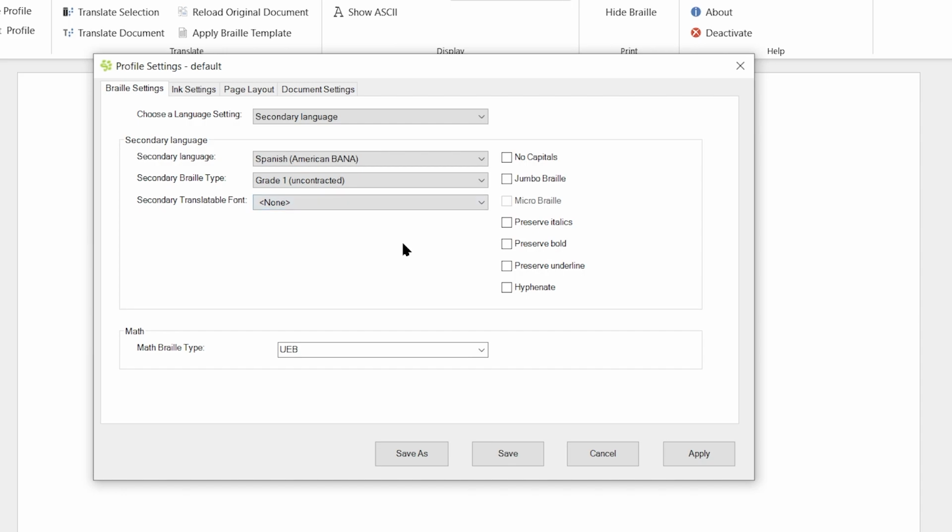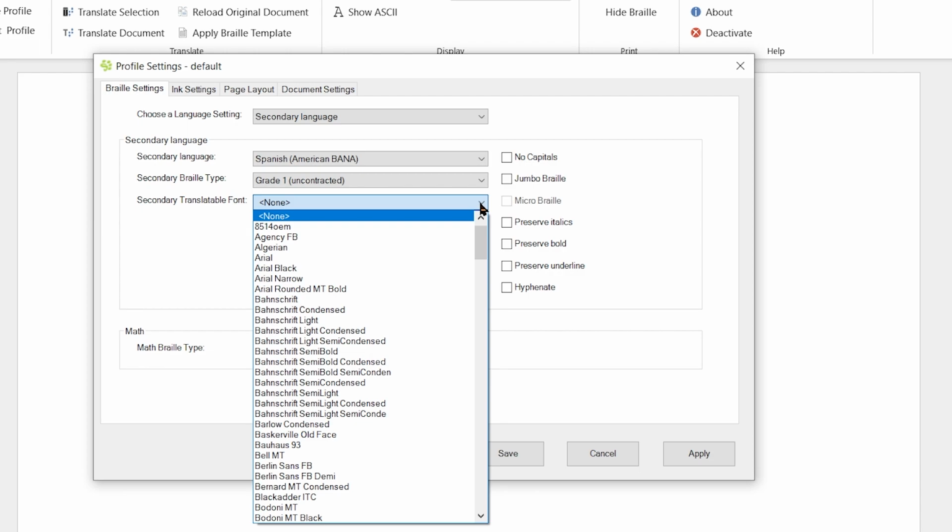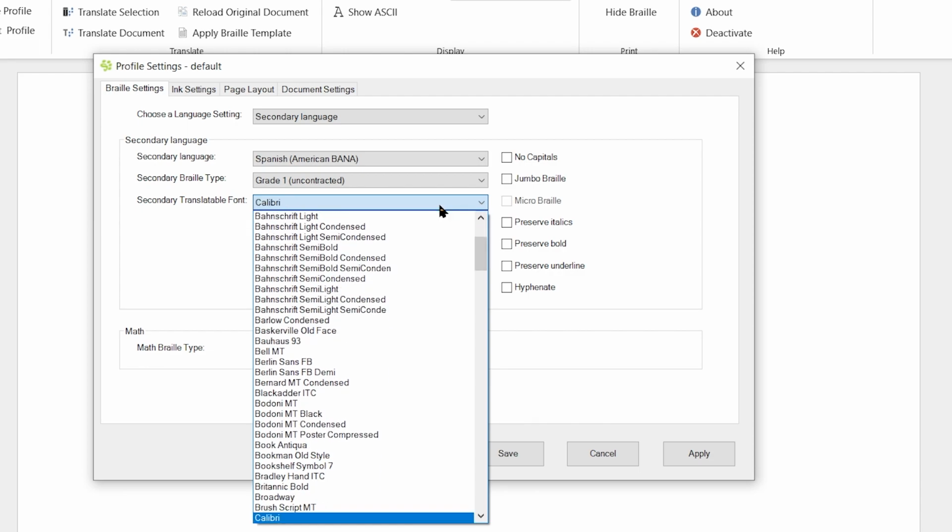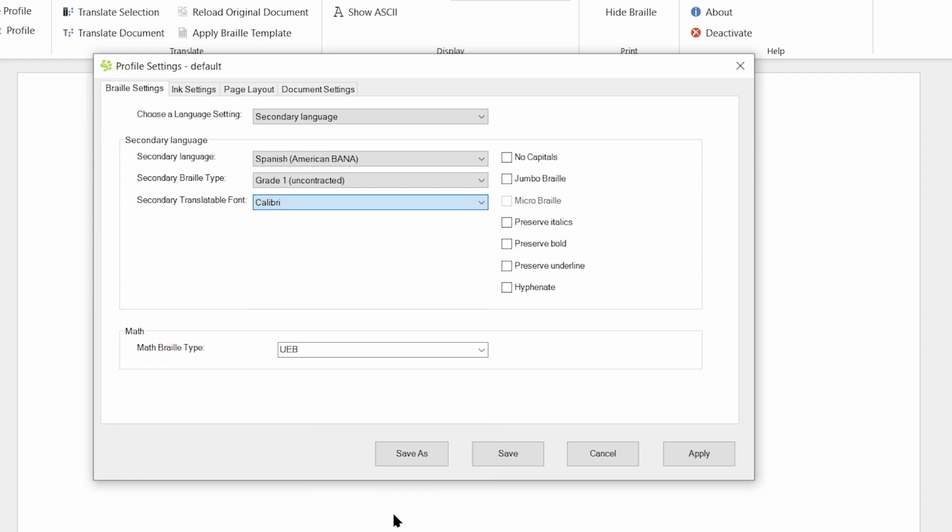Now you'll notice that the secondary translatable font is set to none. We're going to want to switch that to another font. Why don't we use something popular? Let's use Calibri. That's pretty easy. There we go. Now, again, what this means is that any font we have within our document that is Calibri font will be translated to Spanish grade 1. In order to apply these settings, we're going to hit apply,